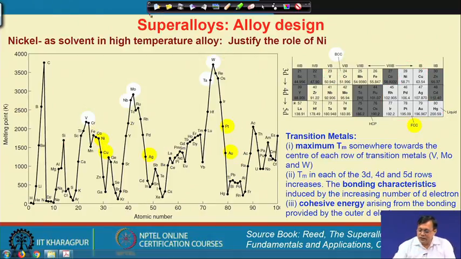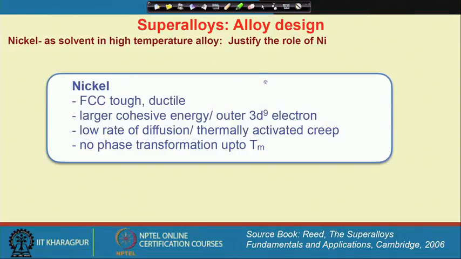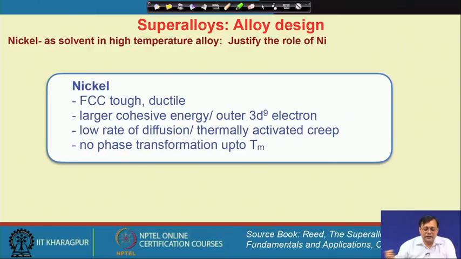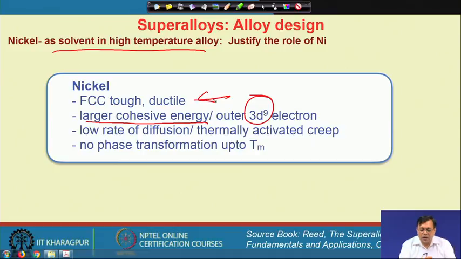Because nickel has 3D 8 or 9 electrons, nickel can be chosen as a solvent atom. So, now we understood why nickel is chosen as the solvent atom in nickel superalloys, because it is an FCC structure, it is tough and ductile throughout the temperature range of operation. Now, it has a larger cohesive energy because of the outer 3D 8 or 9 electrons, and it has a